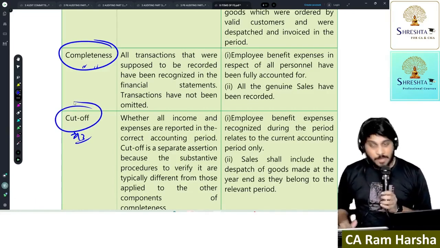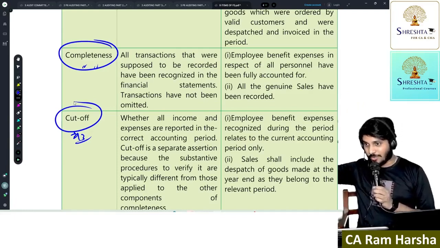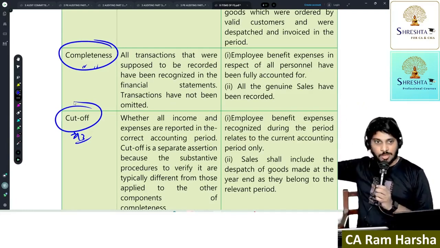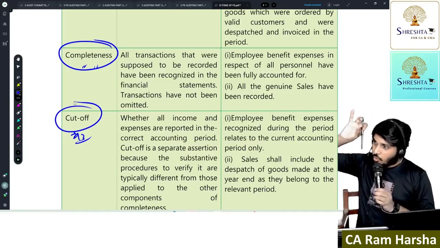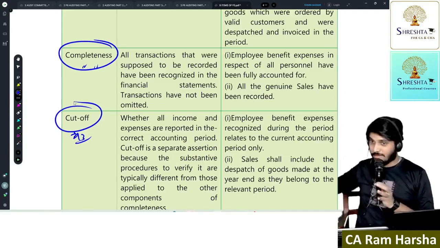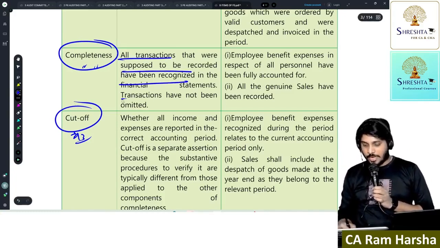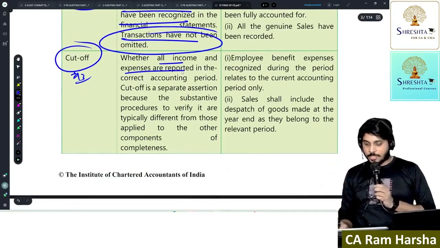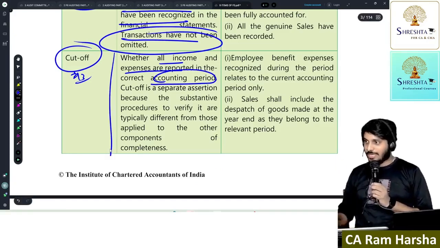Able to understand? You see, profit and loss account for the year ended 31st March 2022. When I say like that, inside that statement, when I say revenue 3 lakh crore, the 3 lakh crore is earned up to 31st March. And 3 lakh crore only is earned: completeness. The entire 3 lakh crore belongs to our organization. That's why we showed it in our P&L. So that is what. All transactions which were to be recorded have been recorded, and none of the transactions have been omitted. Cut off: all expenditure relating to this accounting period is correctly accounted. So that is what this point says.